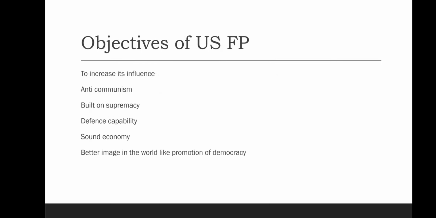So next one is objectives. What were the objectives of U.S. foreign policy at that very time? America wanted to increase its influence by what? By using the slogan of anti-communism, and it followed